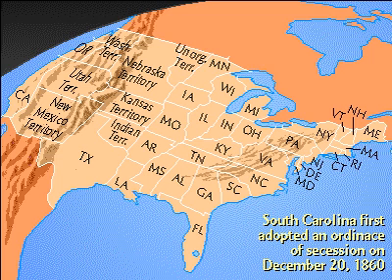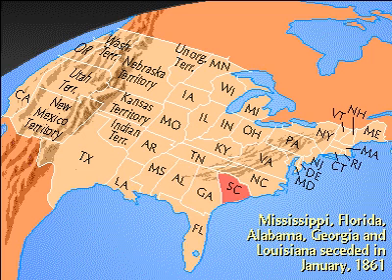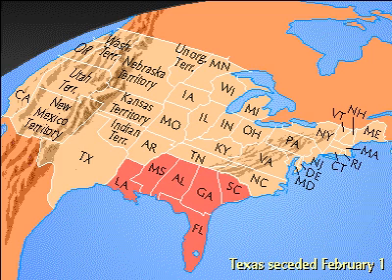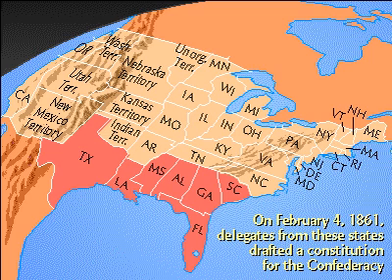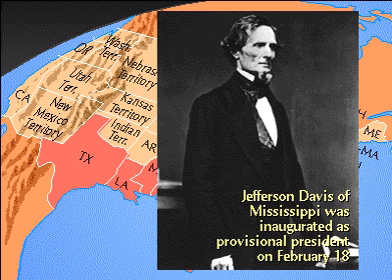South Carolina was the first to secede on December 20, 1860. Mississippi, Florida, Alabama, Georgia, and Louisiana soon followed in January 1861, with Texas seceding on February 1st. 3 days later, delegates from these states drafted the Constitution of the Confederacy. Jefferson Davis, former Secretary of War and Senator from Mississippi, was inaugurated as president on February 18th, before Lincoln himself